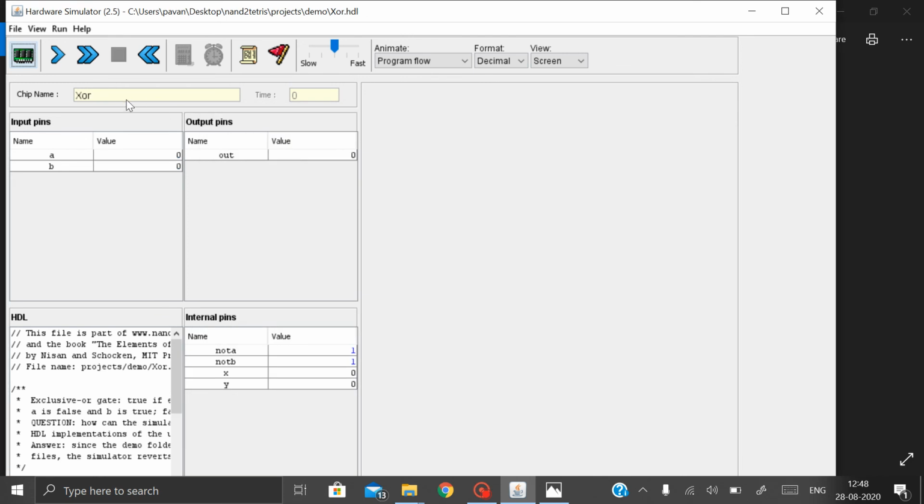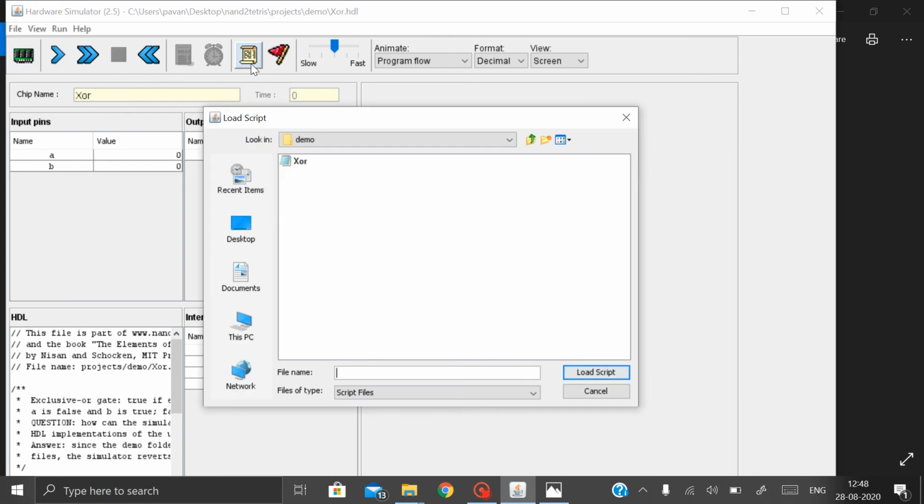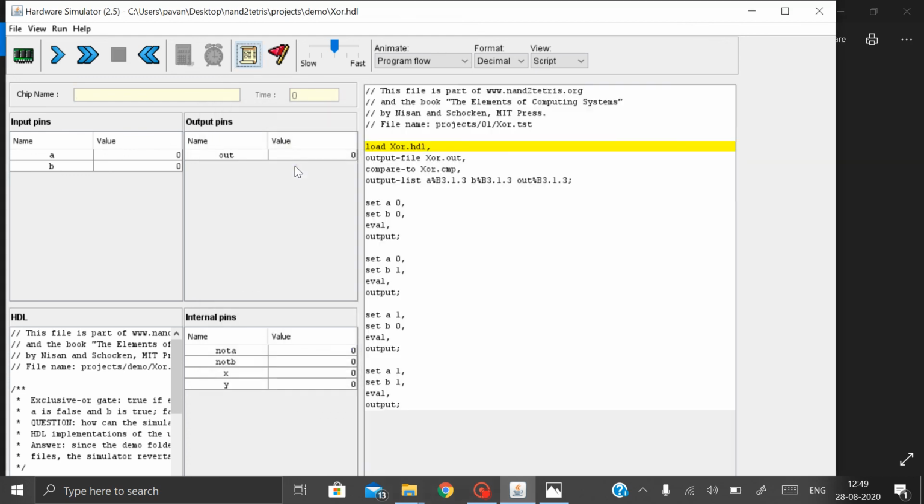Yeah, now XOR gets loaded here, and now I will show how the load script helps you. Here if you open load script, it will go to the demo page which we took in load chip name. And here when we open this XOR gate, it's already previously created in a notepad file or something, in a text editor. Okay, that load script page will display on the right of your page in the big column.